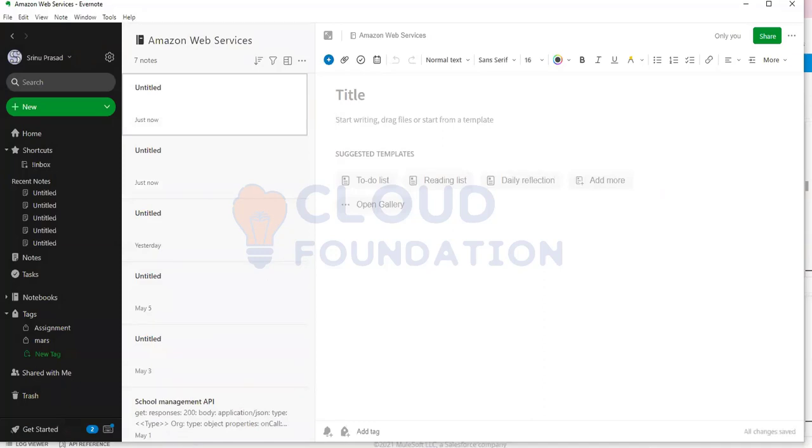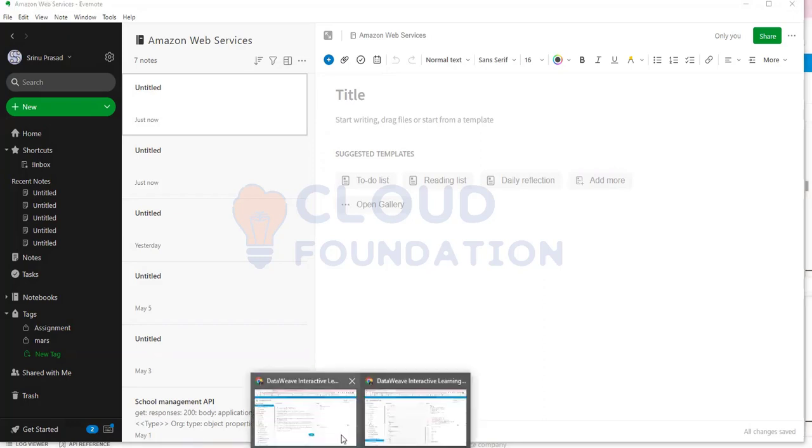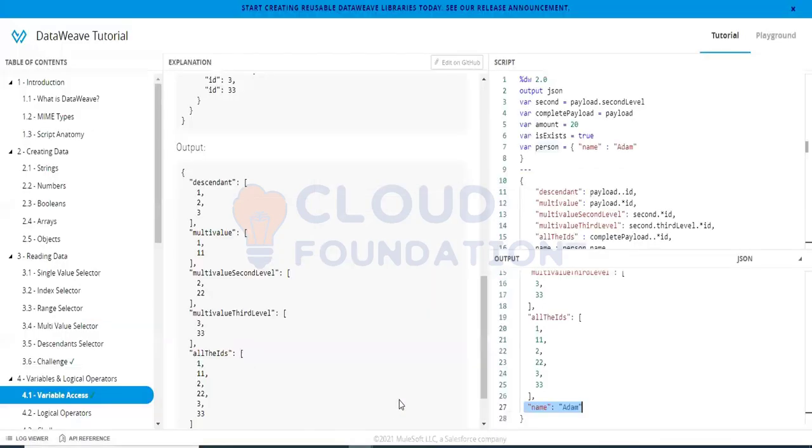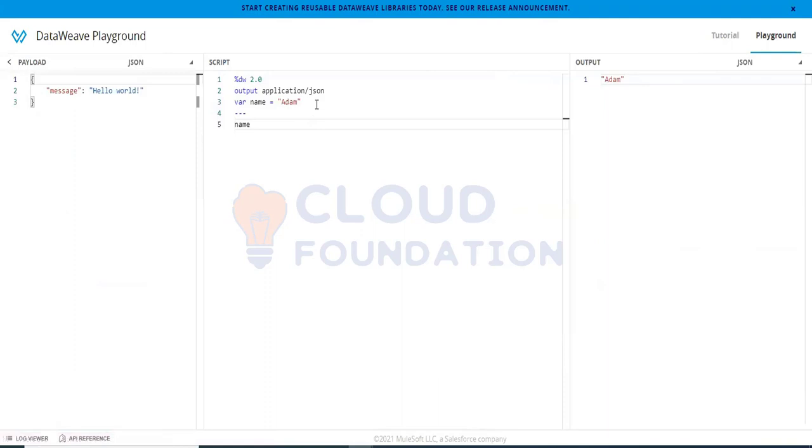Here in the script, I can do something like this. Go back to background. Here it is comfortable for me to discuss the variables. I can declare like this